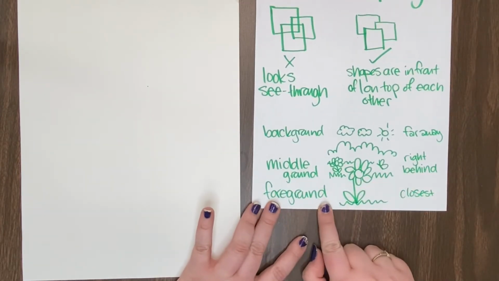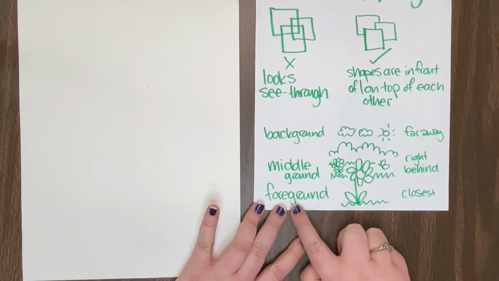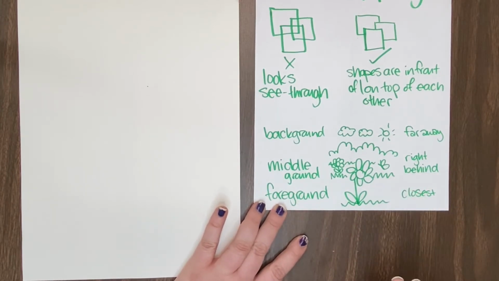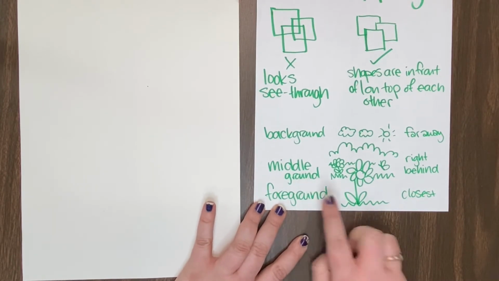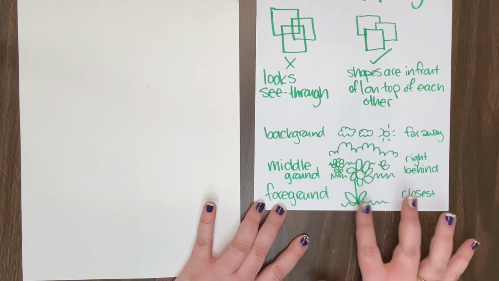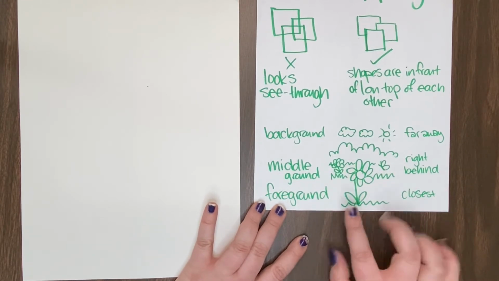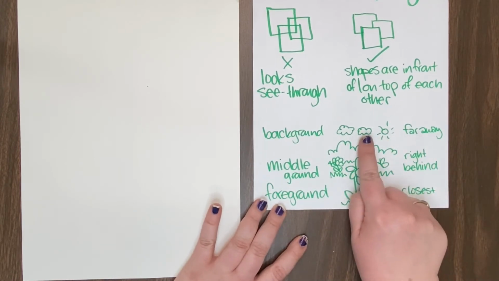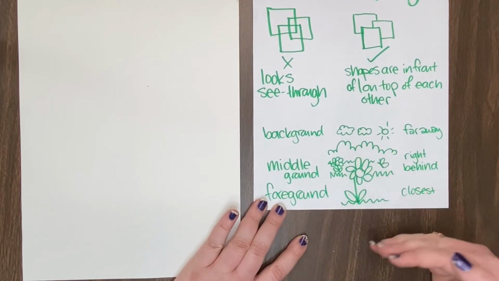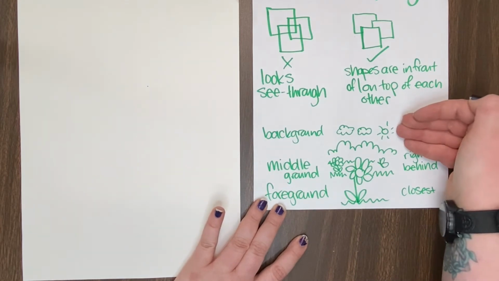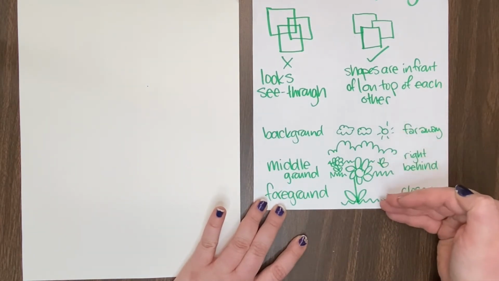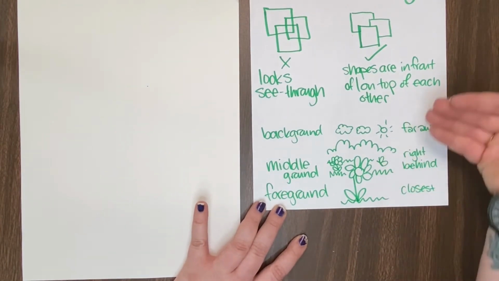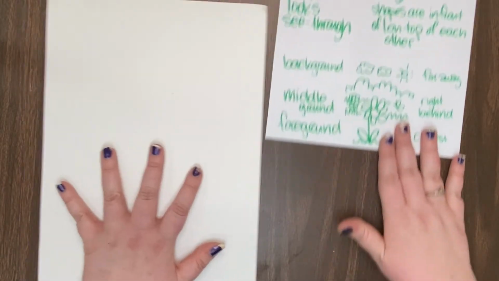You also have, in art, foreground, which is the very closest thing to you, middle ground, some things right behind your first thing, and your background, the elements that are super far away. So they might be smaller or lighter, and they're way back behind. So you have different things that are closer to you or farther away from you. So when we do our picture,